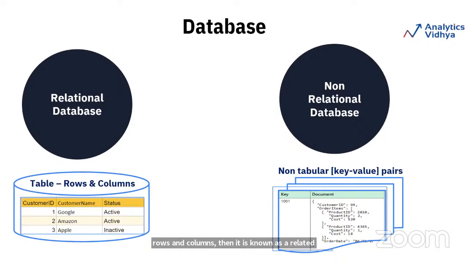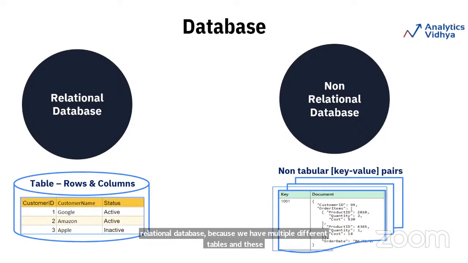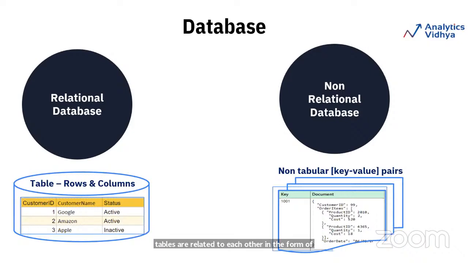So a primary key is basically a unique ID for that particular table. For example, in this table, we have customer ID, customer name, and status, wherein the customer ID is unique to that table, and that particular column will not be duplicated. It will be unique throughout the table. So the customer can be easily identified with respect to the unique ID from that table. That is the primary key.